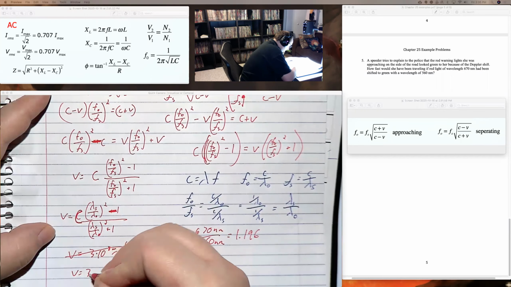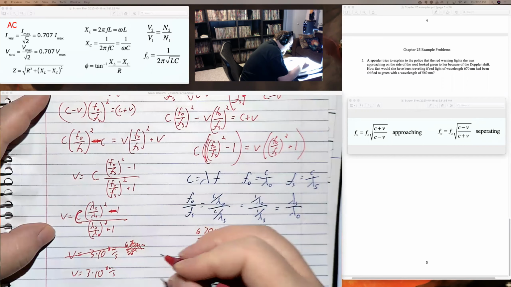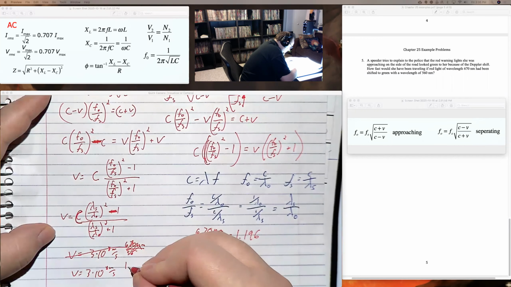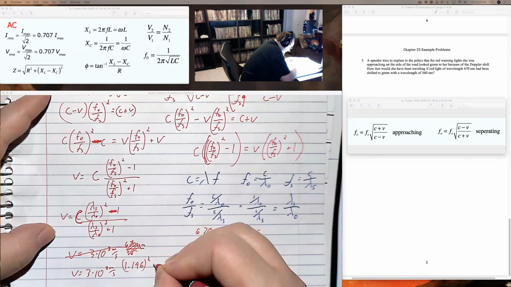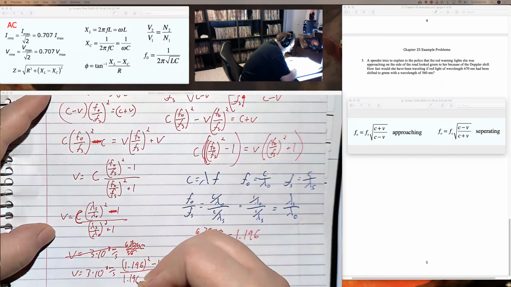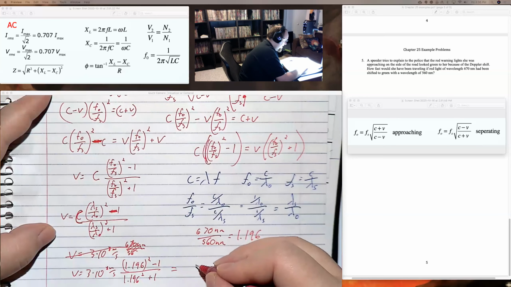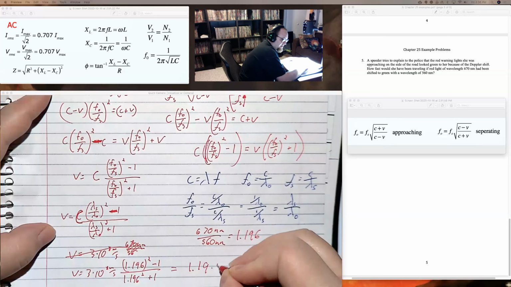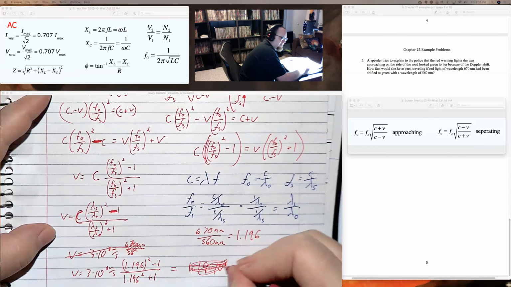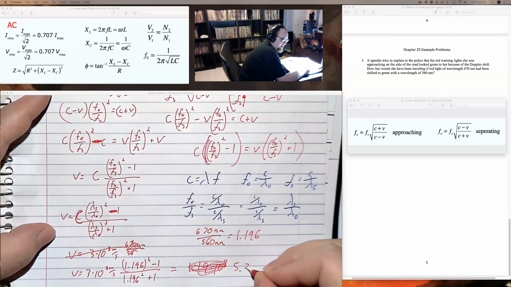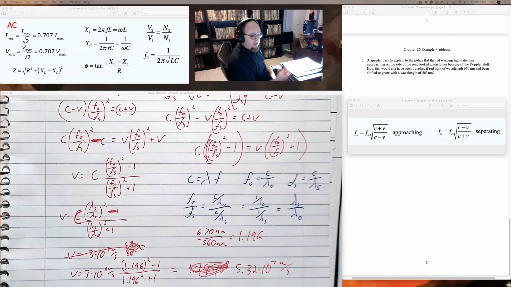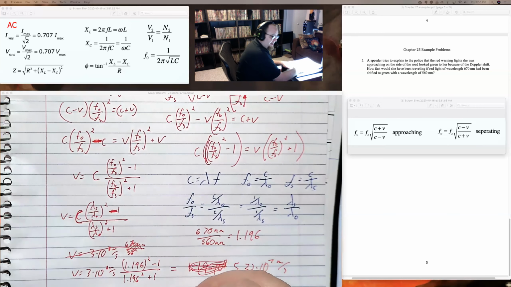So V equals 3 times 10 to the 8th meters per second times 1.196 squared minus 1 over 1.196 squared plus 1. And that will eventually give you a speed of 1.19 times 10 to the 8. Oops, that's a lie. 5.32 times 10 to the 7th meters per second. Now, for the record, I converted this. That's equal to 1.19 times 10 to the 8th miles per hour,